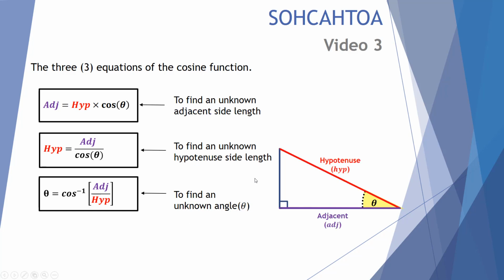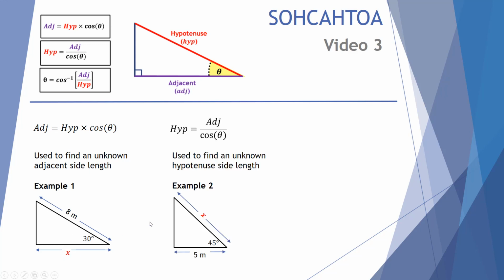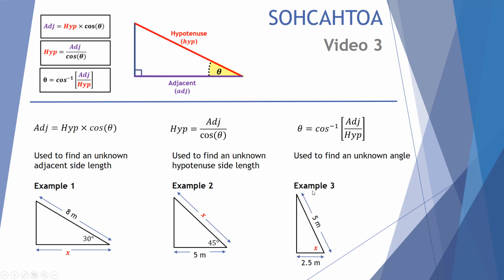And here we have a summary using our hypotenuse, our adjacent, our angle, and the three various equations that we can use to find an unknown. Let's try these examples. So first of all, our first equation we've looked at will allow us to work out an adjacent side length, given that we know the hypotenuse and the angle. Our second equation allows us to work out the length of the diagonal, given that we know the adjacent length and the angle. Our third and final example allows us to work out the angle theta, given that we know